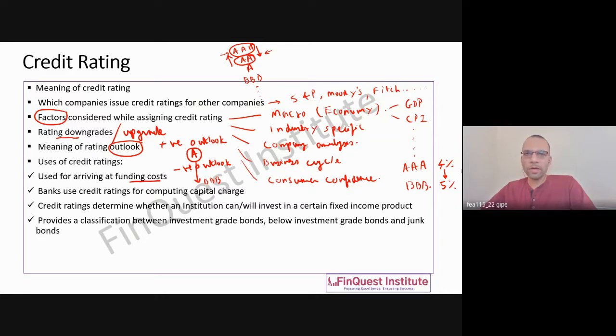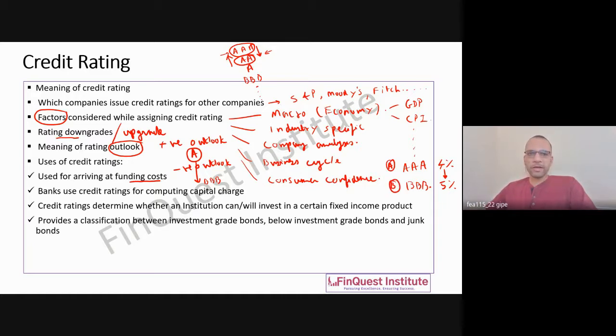whenever it is lending to someone who has a lower credit rating, because there is a certain credit risk which is involved for triple B, right? It's not really investment grade. It's just at the cusp of investment grade and junk grade. So accordingly, the funding costs for these entities can change. For A, naturally it will be lower. Or if I call this A and B,